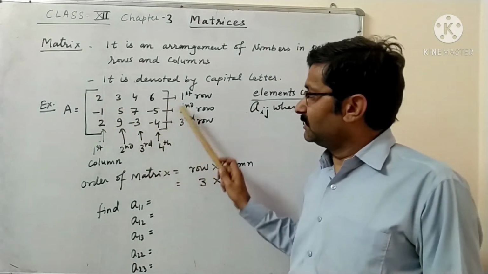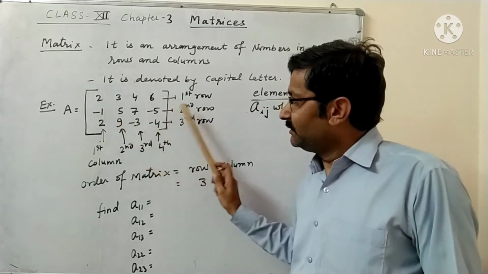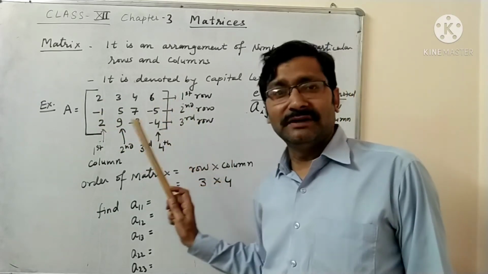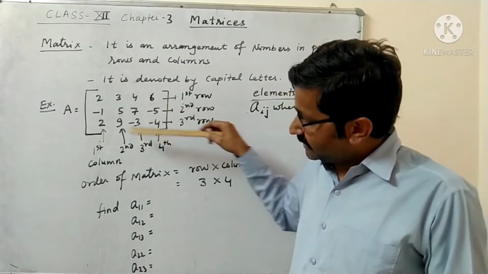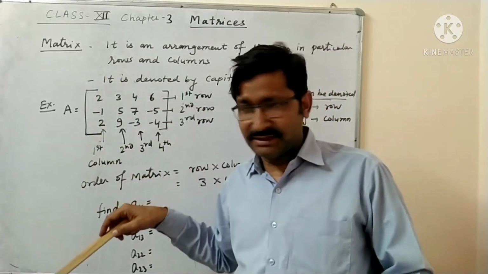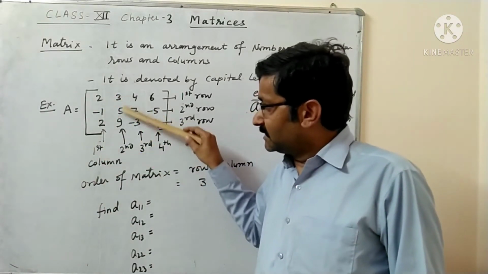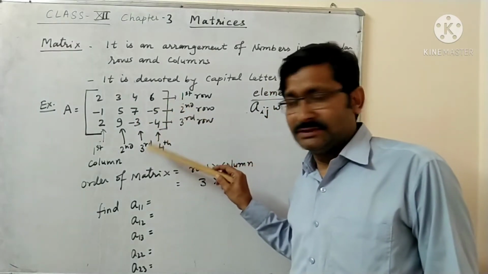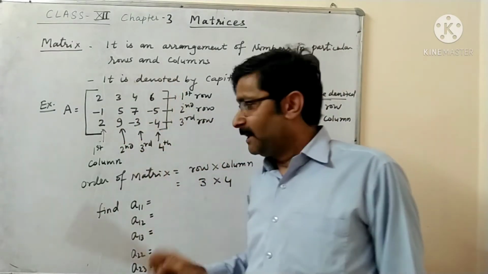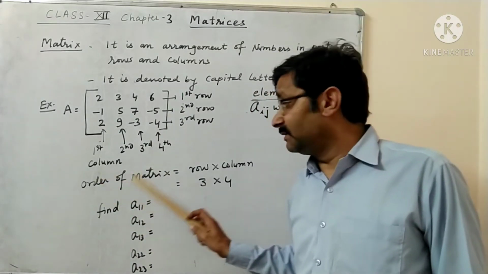these lines are called the rows. So first row, this is second row, third row, three rows we have here. And these are called columns. Okay, this vertical elements arrangement is called the column. So first column, this is the second column, this is the third column, and this is the fourth column. So these are the columns. All understand? Now one important thing is that what is the order of the matrix?